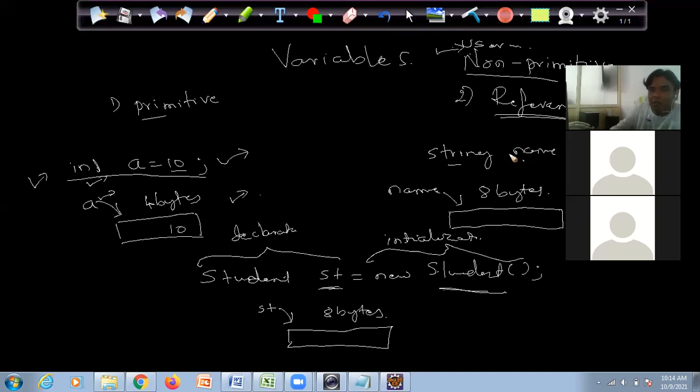Now we come to this String. For the name variable, JVM allocated 8 bytes. Now the value stored inside this variable has 5 characters. Can we store all these 5 characters inside these 8 bytes of memory? We don't know. Is it possible?